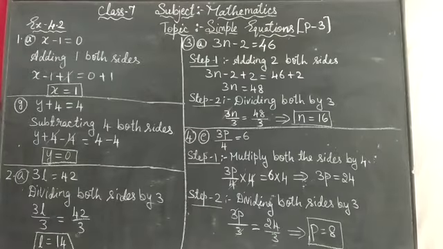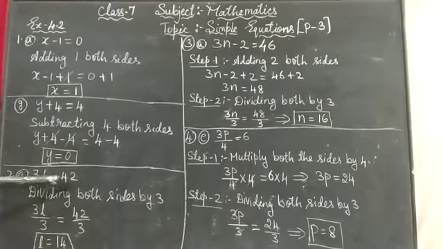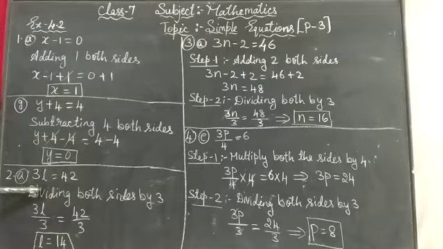Give first the step you will use to separate the variable and then solve the equation. Okay, what they are asking, again the same. Separate the variable so that we can find the value of the variable. The first question here is 3L is equals to 42. Okay, this is the question. Which value we have to find? We have to find the value of L.